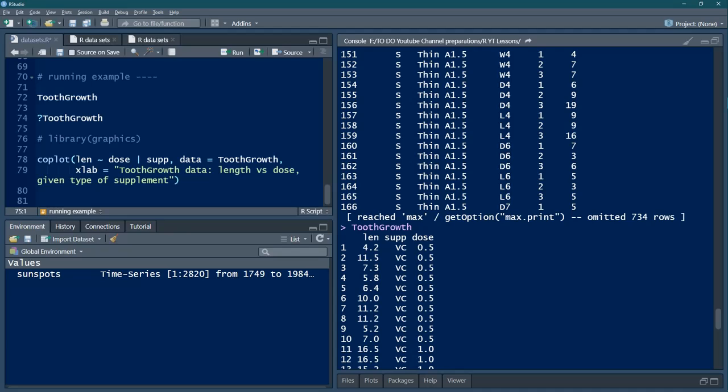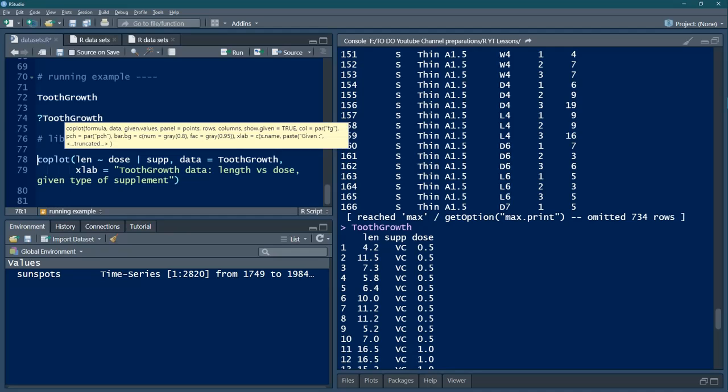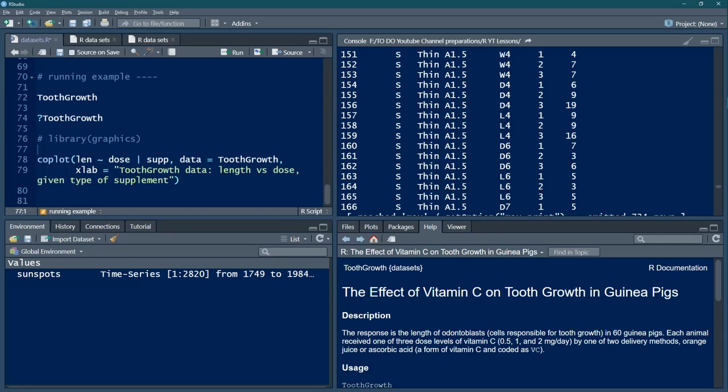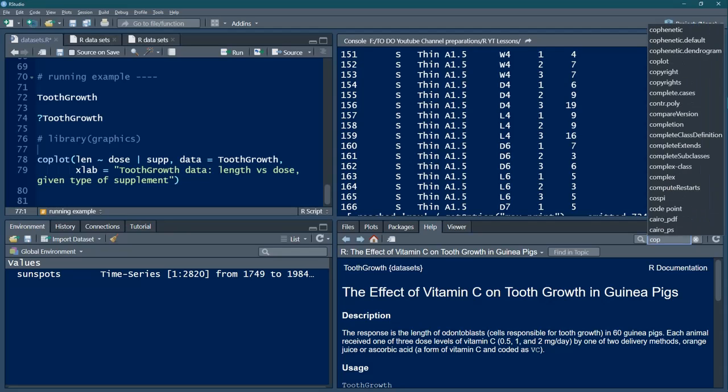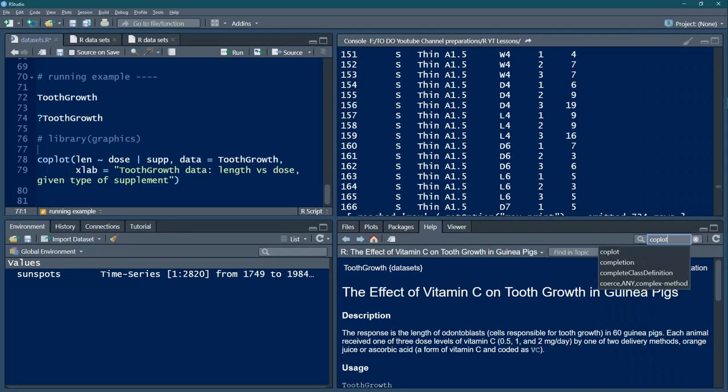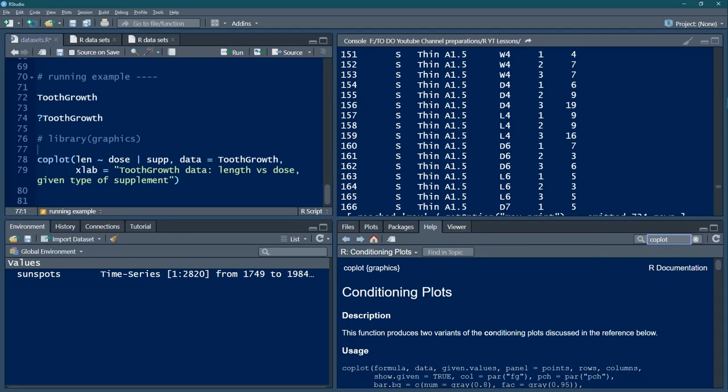This coplot is a function which is available in the graphics package. So you can see that also here in our help. Suppose I write here coplot. Then ask for it.